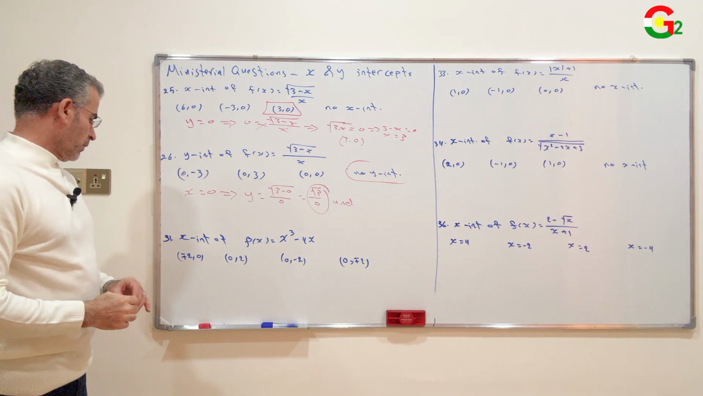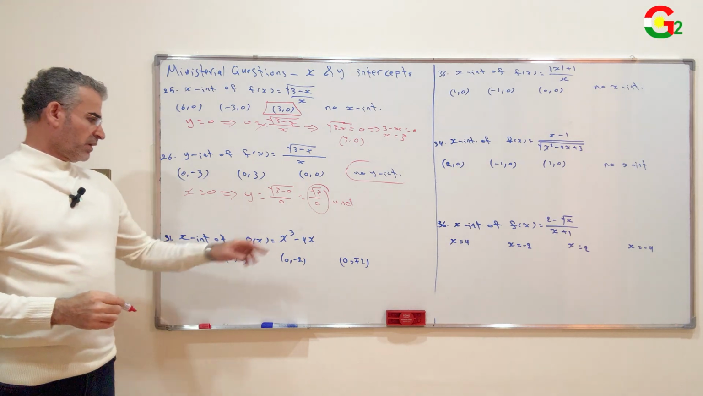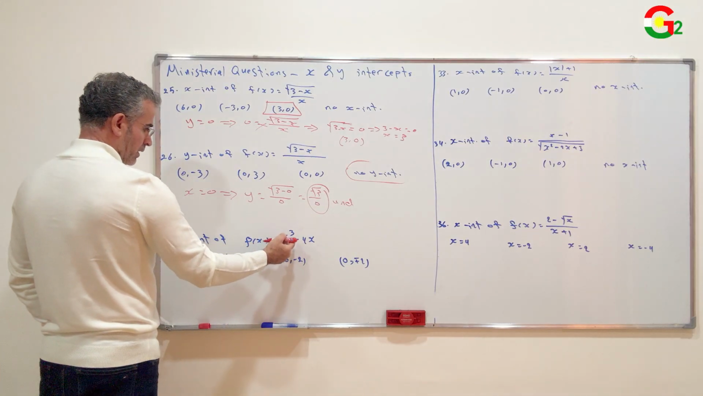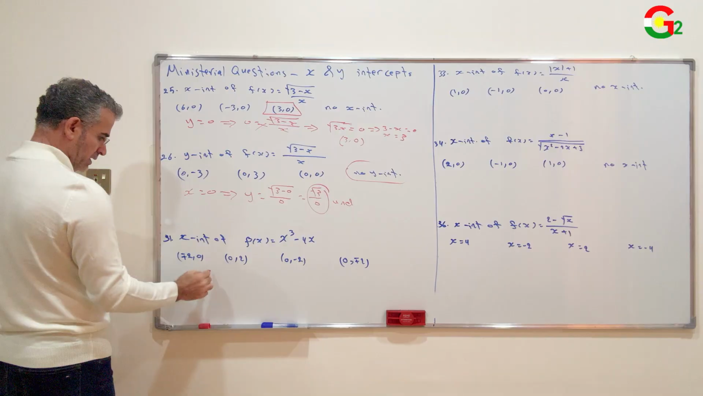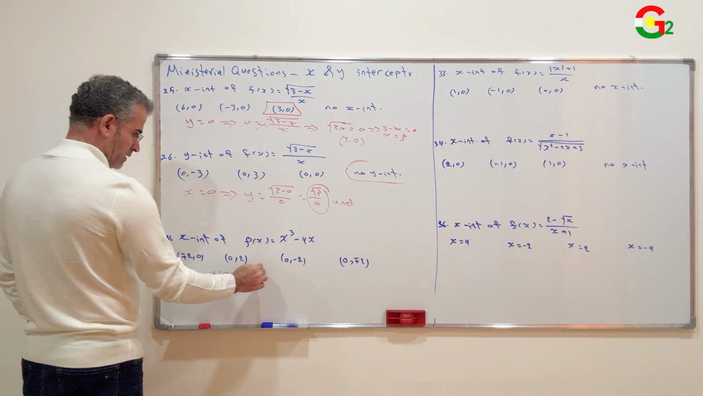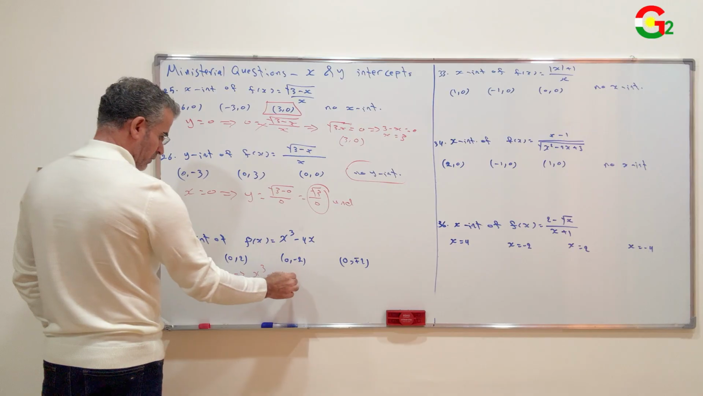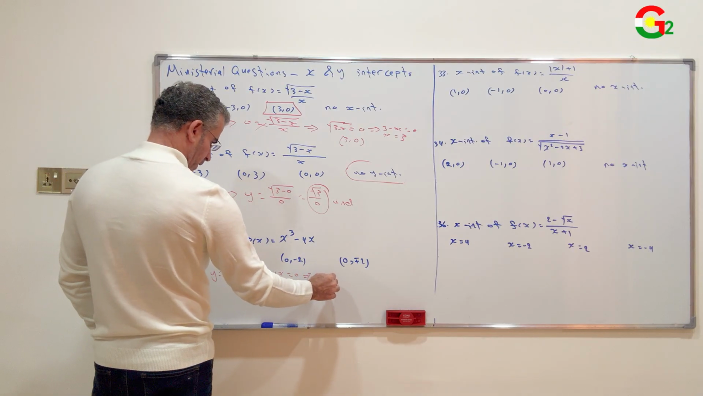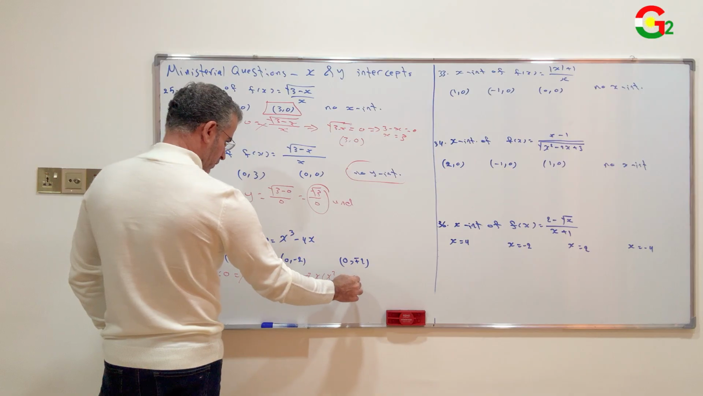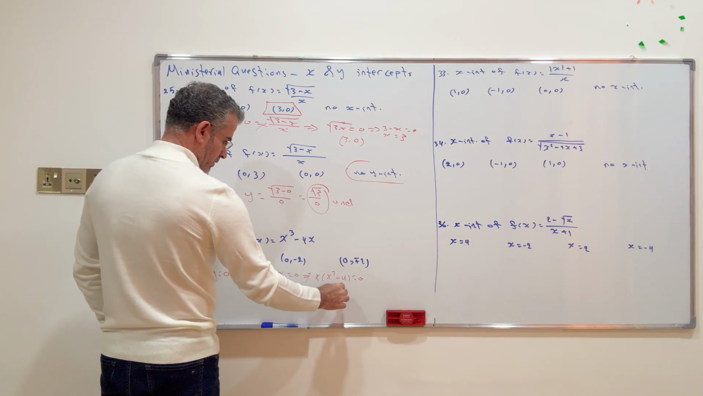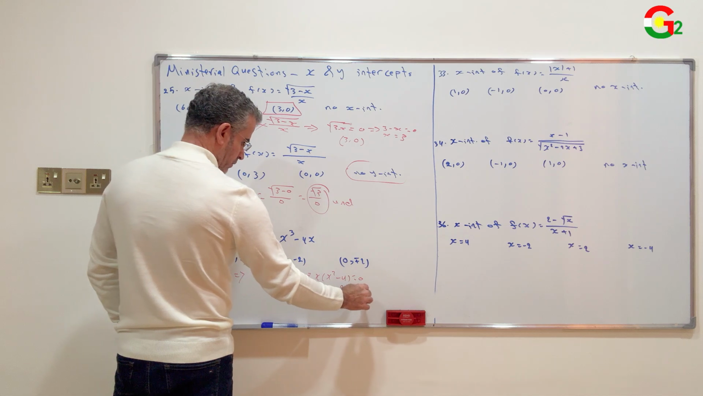Question number 31. Find the x-intercept of the function f of x equals x power 3 minus 4x. For x-intercept, we set y equals 0. Then x power 3 minus 4x equals 0. Factorize: x times (x power 2 minus 4) equals 0. Difference of two squares: x times (x minus 2)(x plus 2)